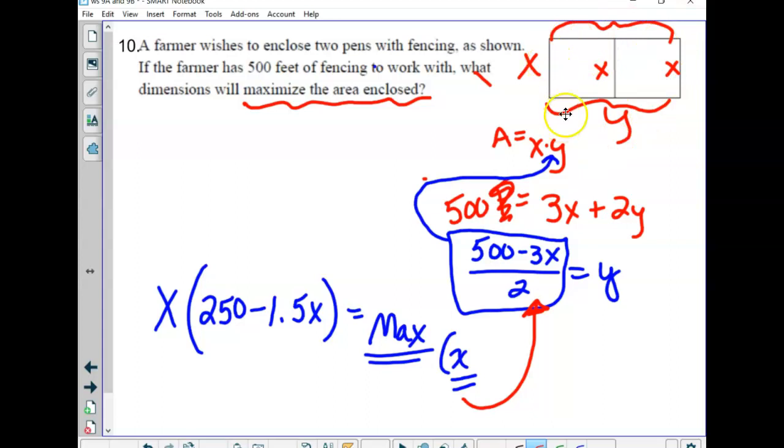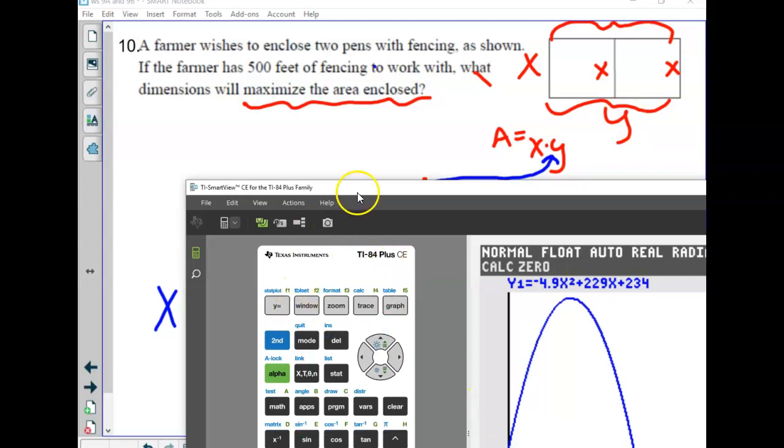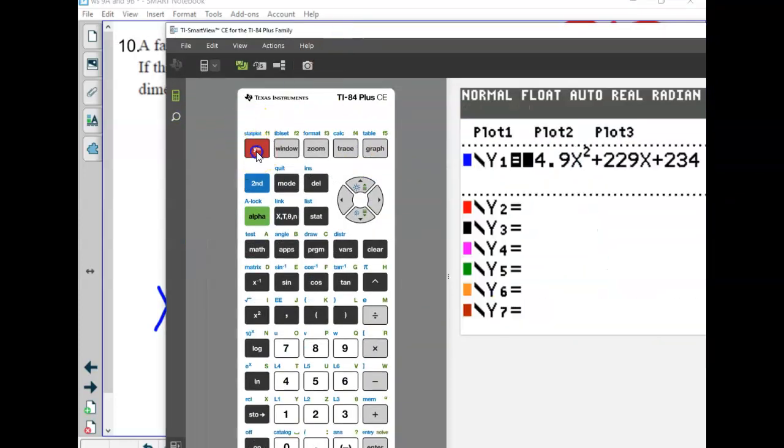We don't know that x is half of y up here. I don't want to spend, like I said, too much time on this example. X times 250 minus